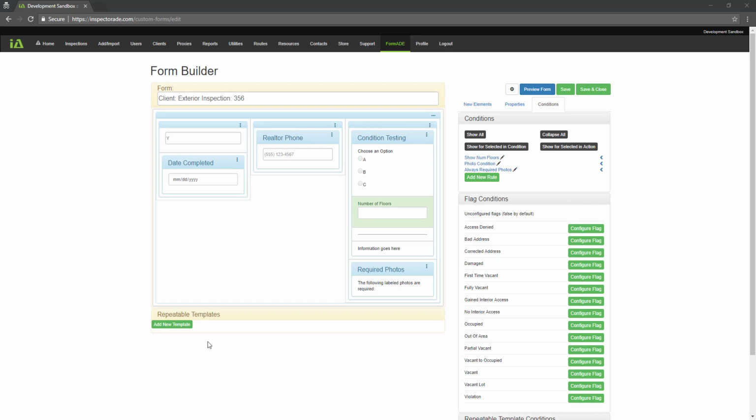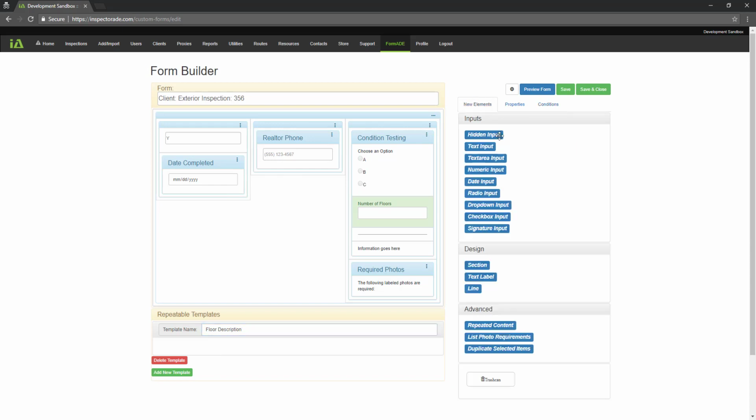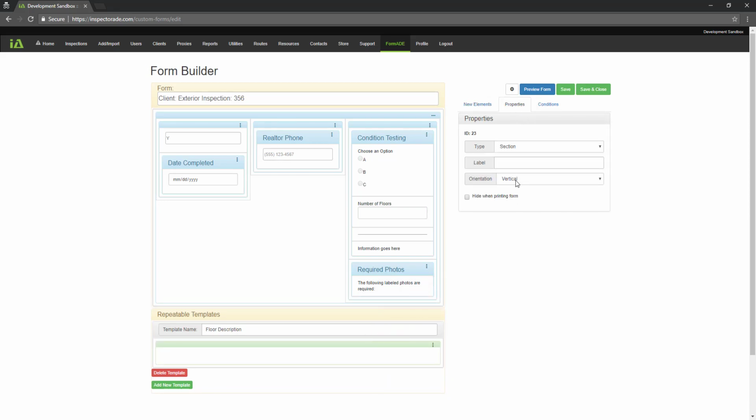So let's go ahead and add a new template down here. We're going to call this floor description. Now, templates are created the same way that you create forms. You can think of them like subforms. So we're going to go over here to our new elements, and for my repeatable template, I'm going to put it inside of a section so that it has its own header name. I'm going to call this